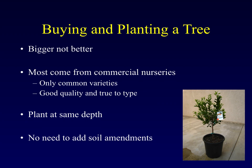We're looking for good quality, things that taste good, that are true to type, that don't have roots circling in the pot, that are not root bound, and that are not diseased or broken plants. We want them to look nice and healthy. And we want to make sure that they're planting them at the same depth and that they don't need to come in with any sort of special amendments or fertilizers when they first set out these plants. Remember our moniker: plant them high, they won't die. Plant them low, they won't grow. That applies to our landscape plants, our fruit trees,